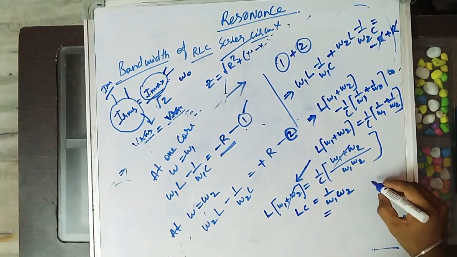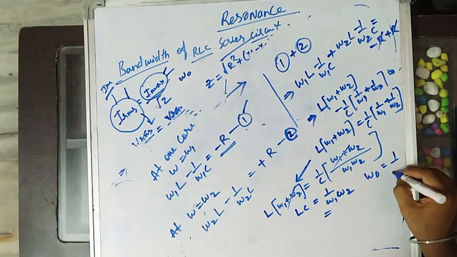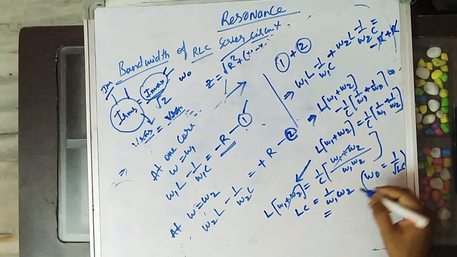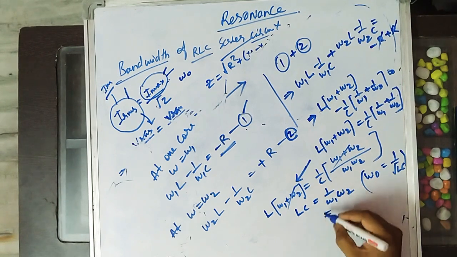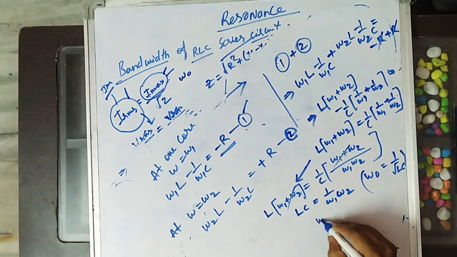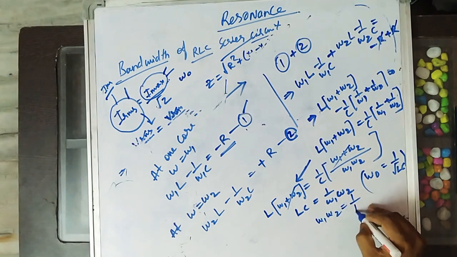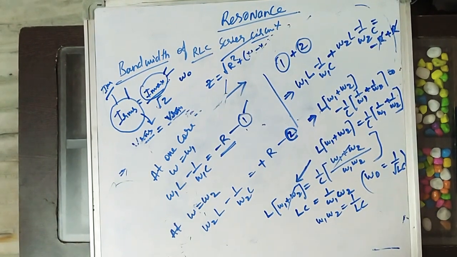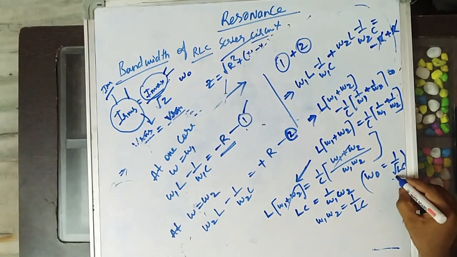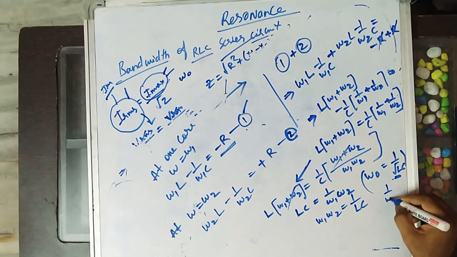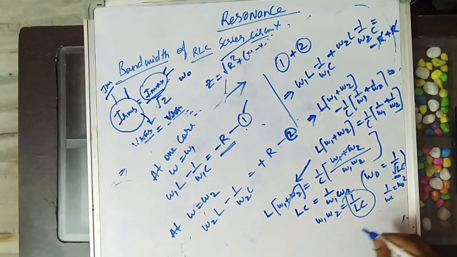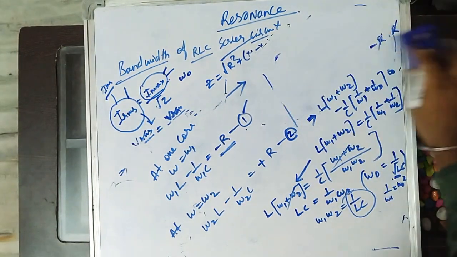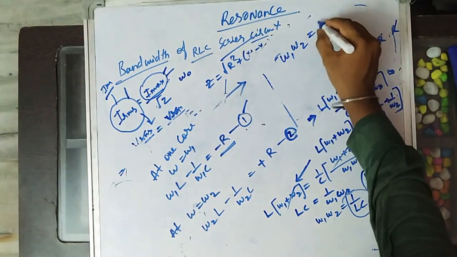So we have in general resonance frequency equal to 1 by root of LC. So if you square it, now what happens? Now we'll have omega 1 omega 2 equal to 1 by LC. Now substitute this 1 by LC. So 1 by LC equal to what? Omega naught square. Substitute this here. What we'll get is omega 1 omega 2 equal to 1 by LC.